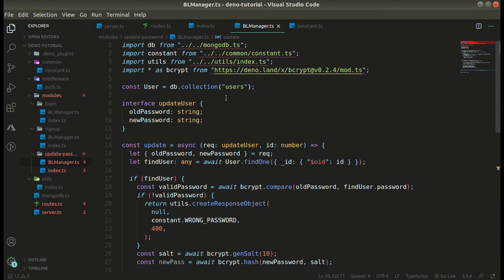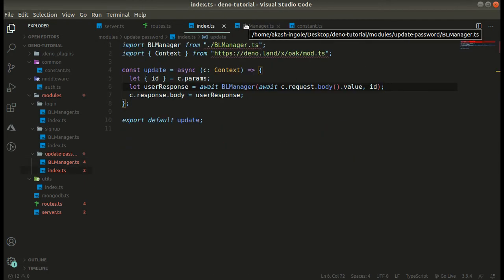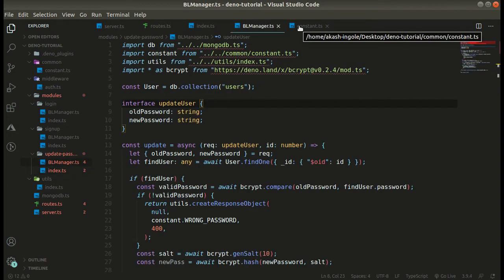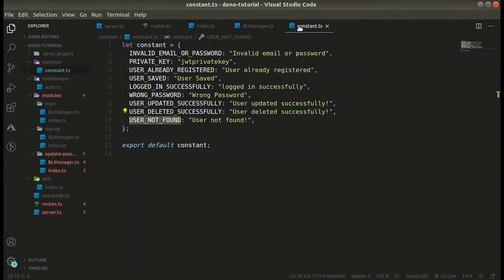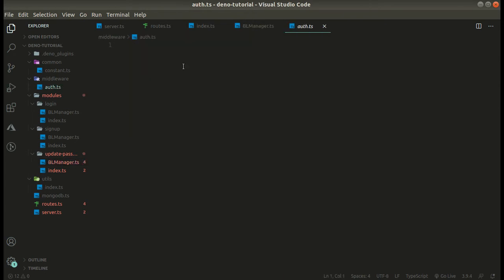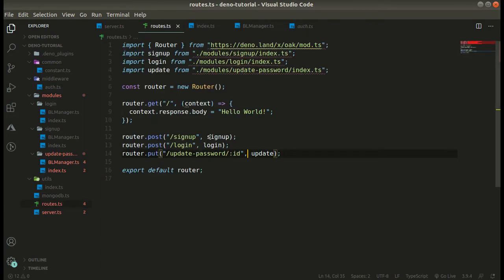Now what is left? One more thing, guys: we will also be sending the JWT token in the request, so we are also going to do JWT authentication. For that I have my middleware over here, the auth.ts file. We are going to simply add this middleware into our routes.